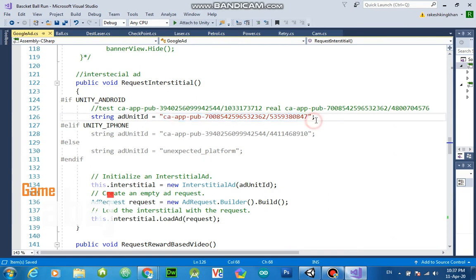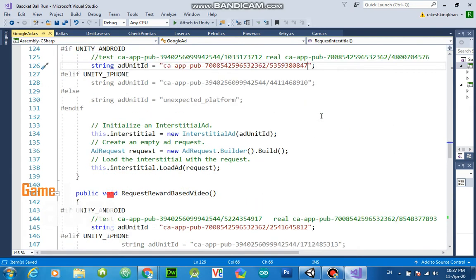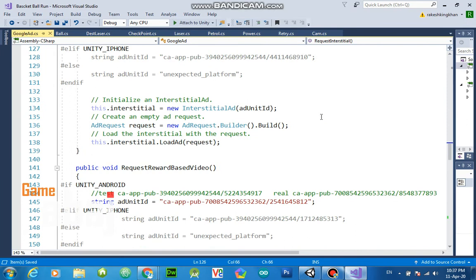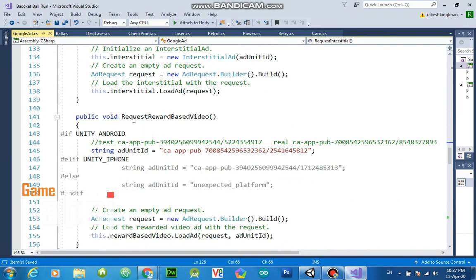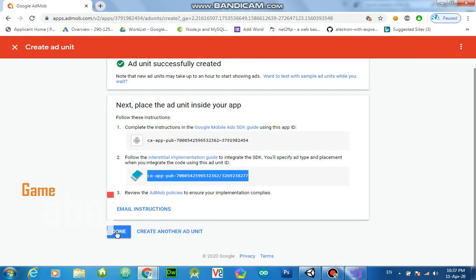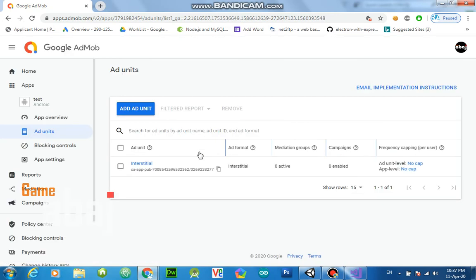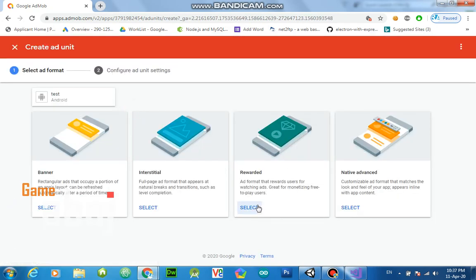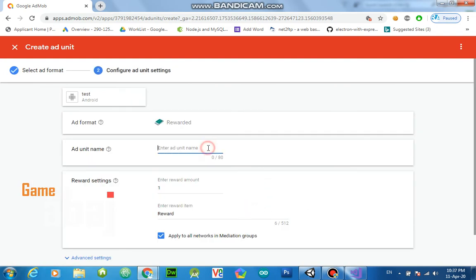I am not pasting it because I added this for my game ID, as my game is really near to finish. The same goes for the rewarded video ad, and paste that ID here. You can create it by clicking Done, adding another ad unit, selecting rewarded, and naming it rewarded.